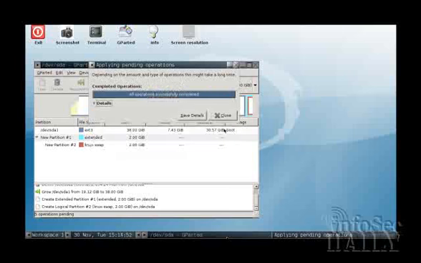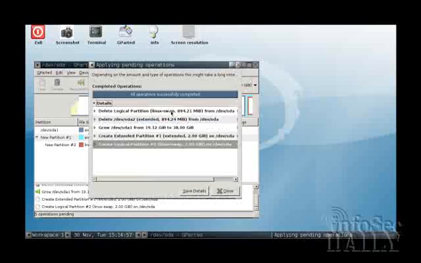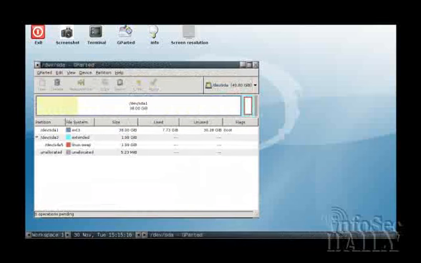Okay, so we are done, and it says that all the operations have completed successfully, and you can see that essentially what we did was we deleted the extended 894 meg partition. We grew /dev/sda1 from 19.12 gig to 38 gig. We created a new extended partition of 2 gig, and then we created the Linux swap space. So that actually shows us everything, and from there we will let it rescan, and we will